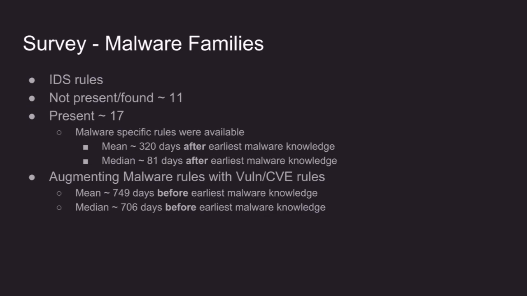And in general, you can see that these IDS rules for the malware families generally come 81 days after the knowledge about that particular IoT malware family is known. So it's an improvement compared to the CVEs, where the IDS knowledge comes 200-something days later. Here it is 81 days. It is good, but at the same time, if we take a different perspective and augment the